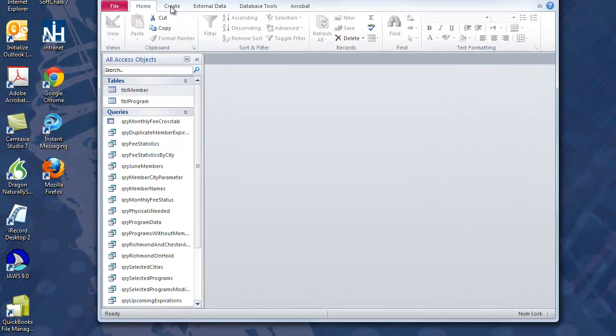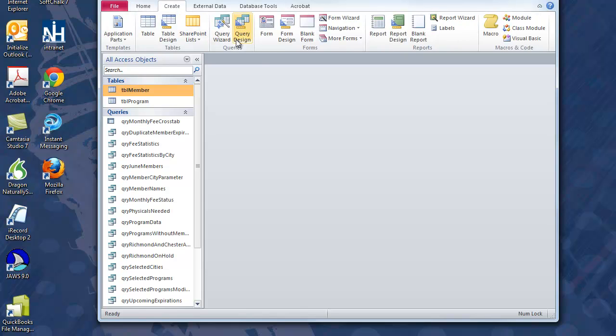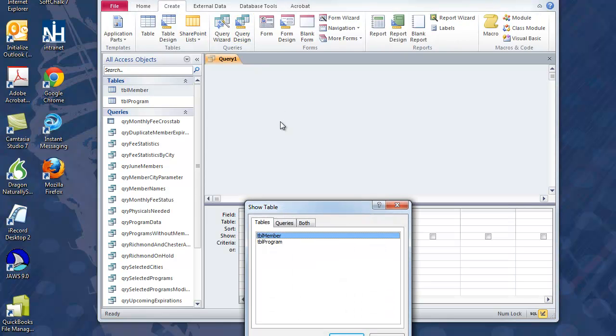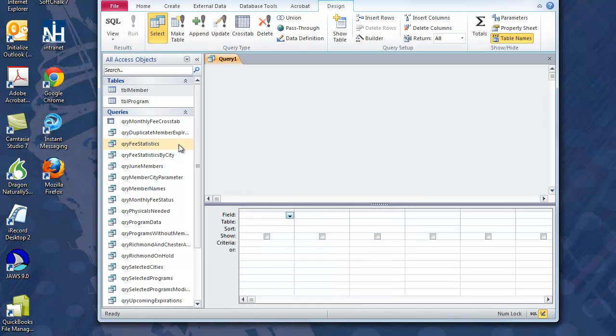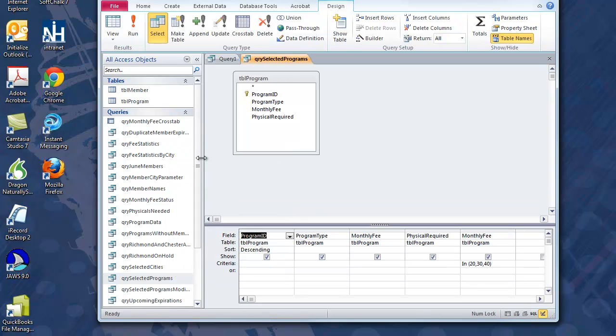So you're going to create a query in Design View. You're going to add the appropriate table, the program table. You're going to add the appropriate fields, and when you get that done, in Design View, it's going to look something like this. So you'll have program ID, type, monthly fee, physical required,